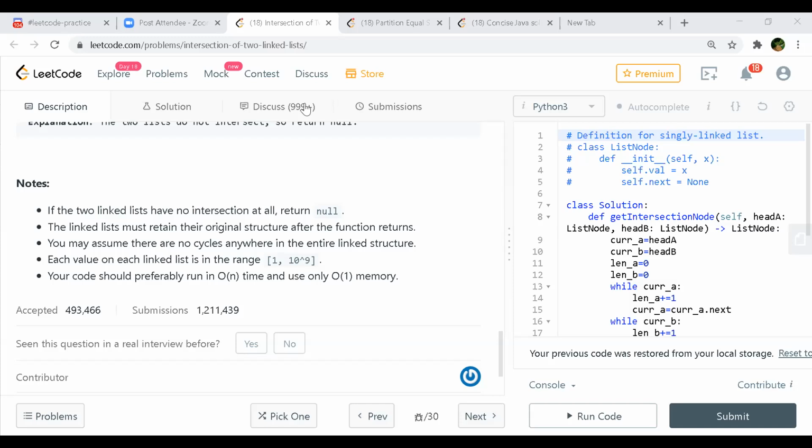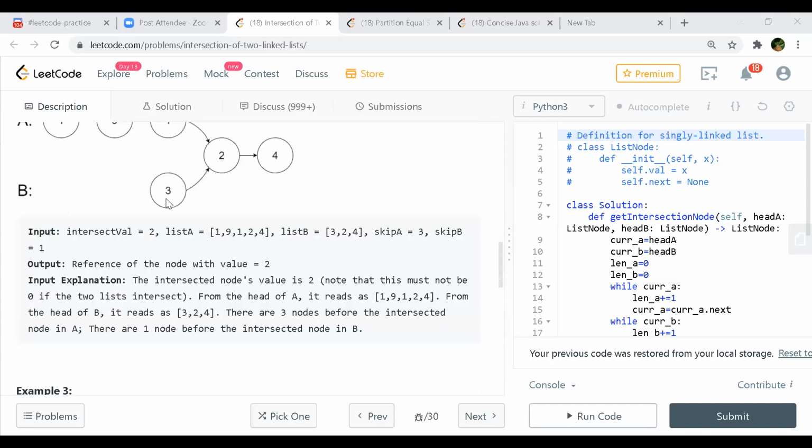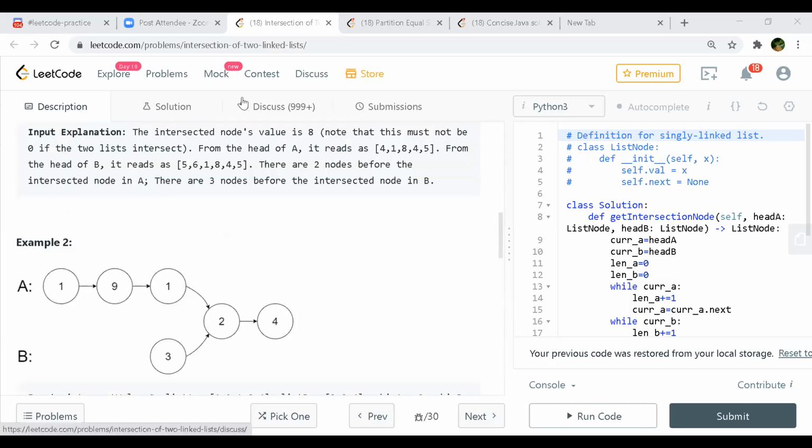Sorting, okay. Can we talk about what are the multiple approaches we can use to solve this question? Go ahead, Dilip.